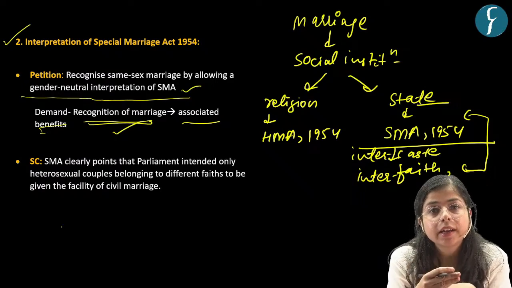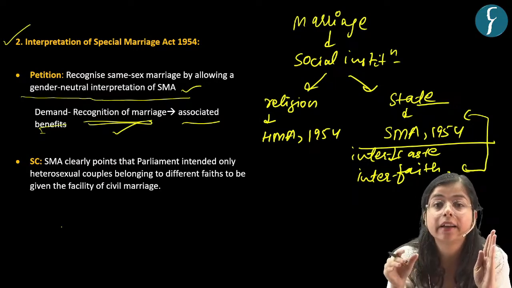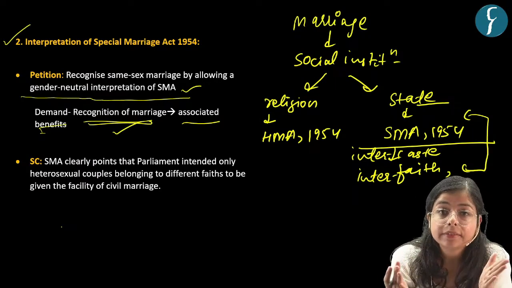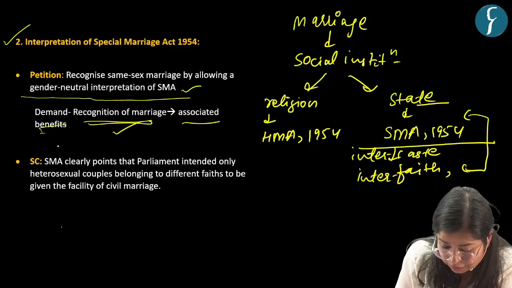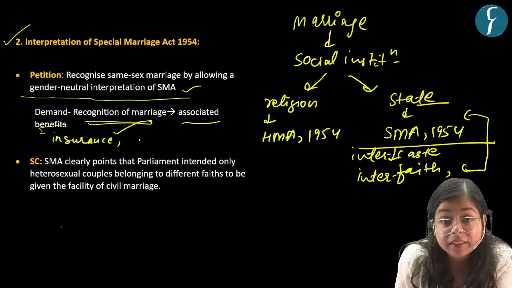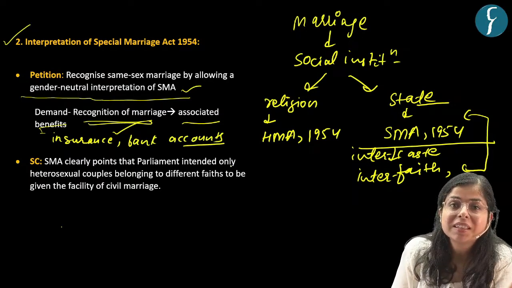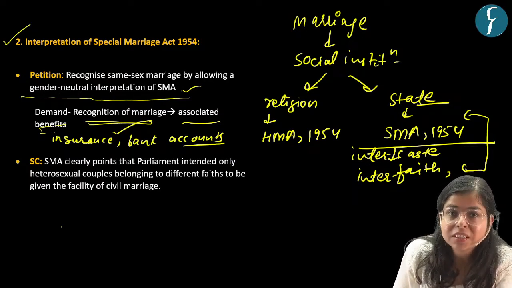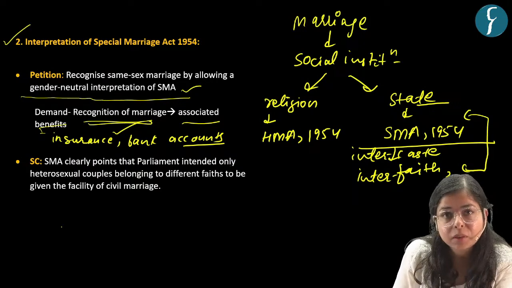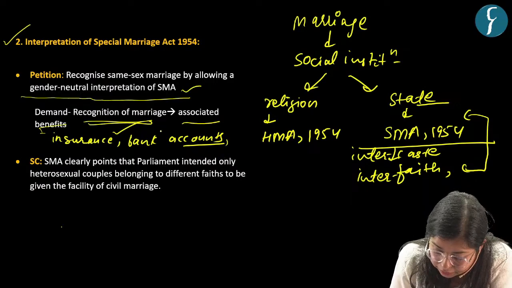Okay, they have right of succession. For example, if one of the spouses dies, the other can inherit his property. There are benefits regarding adoption. So we can say there are various benefits, say regarding insurance benefits, and they can open bank accounts, and joint bank accounts, which may seem insignificant to any heterosexual person, but for the LGBTQ community this may also be a privilege. Okay, and the right of succession,